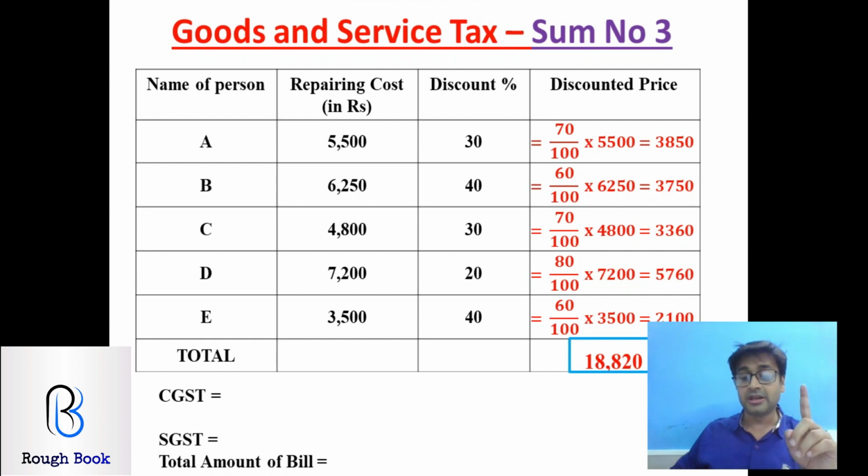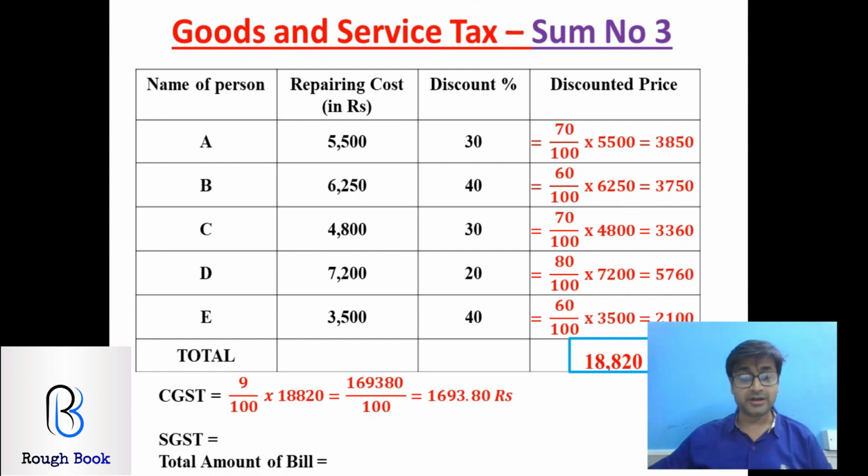If you've taken 18%, it's wrong. You need to take 9% because this is within the state. Did we check that? Let's read it. A computer mechanic in Delhi charges repairing cost for the different components. So this is within Delhi. It's not going outside. So you got to segregate as 9%. So you got to take half of that. So according to me, the answer should be 163.98. I'm not sure if it is correct. Let's check.